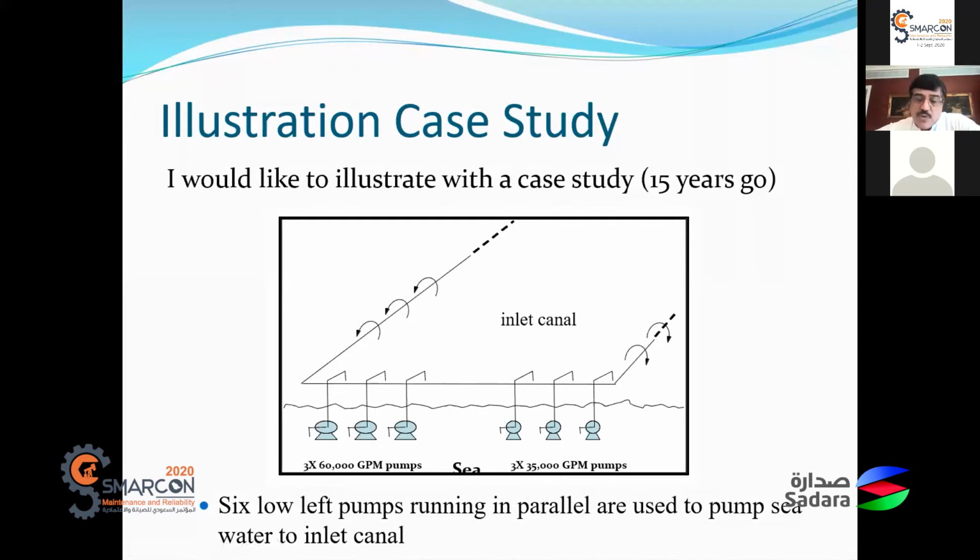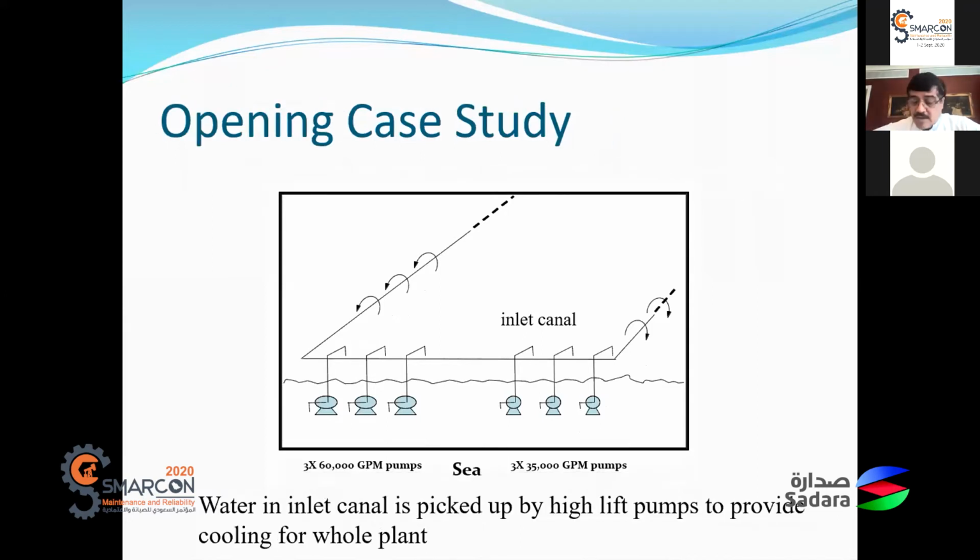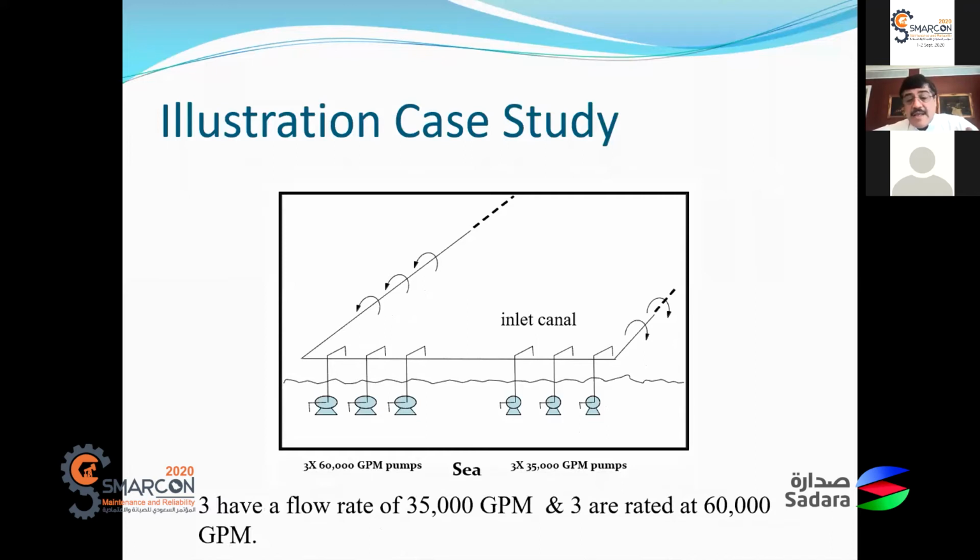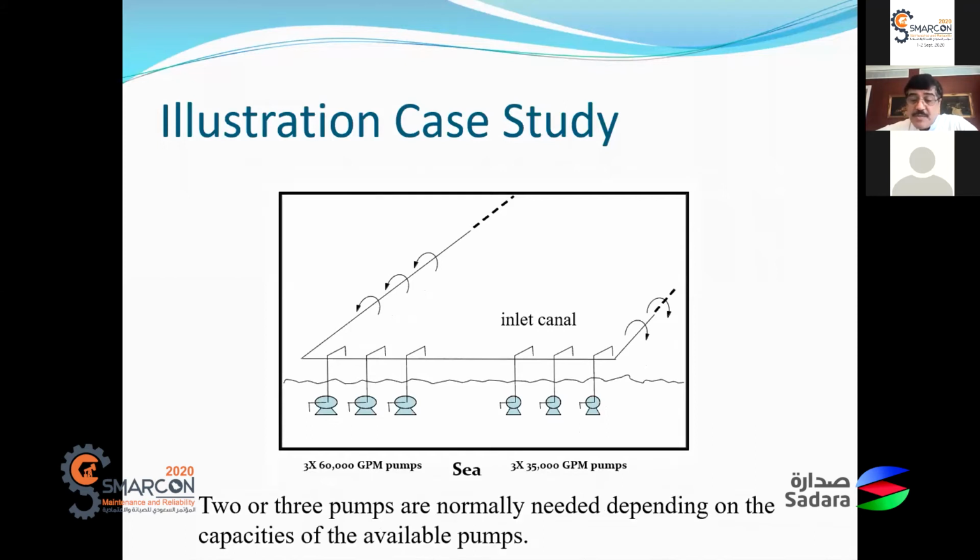What these pumps do, they take water from the sea and they pump it into an inlet canal. From this inlet canal, there are other high lift pumps that take the water, and it's used basically for the cooling for the whole facility. So if you lose the cooling of the facility, you lose the facility basically. As I said, 3 of these pumps are rated at 35,000 GPM, 3 are rated at 60,000 GPM,